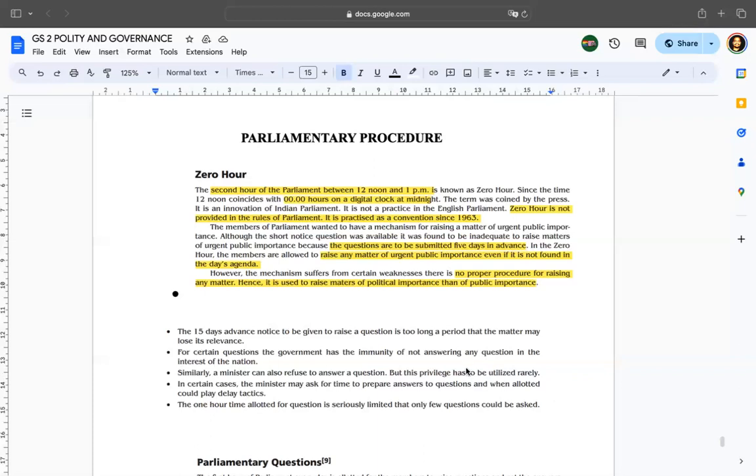Now, if we talk about the parliamentary procedures, as to how the parliament actually works, the parliament starts...